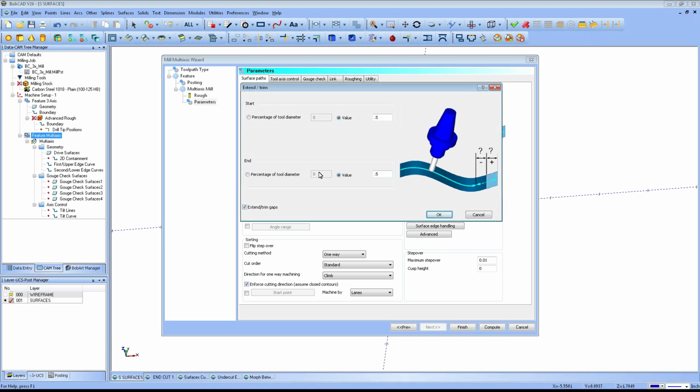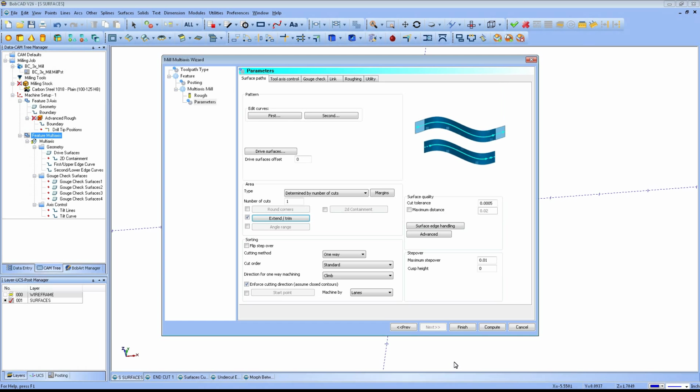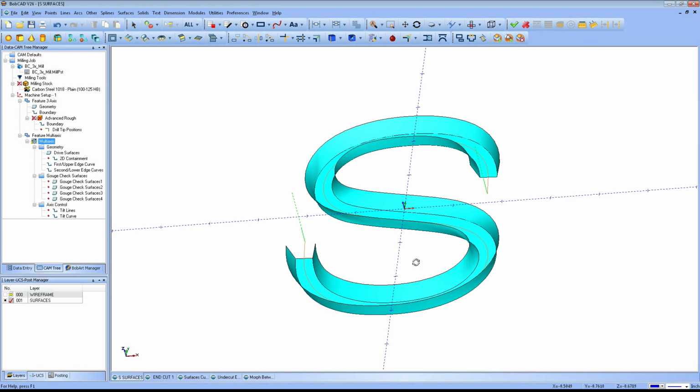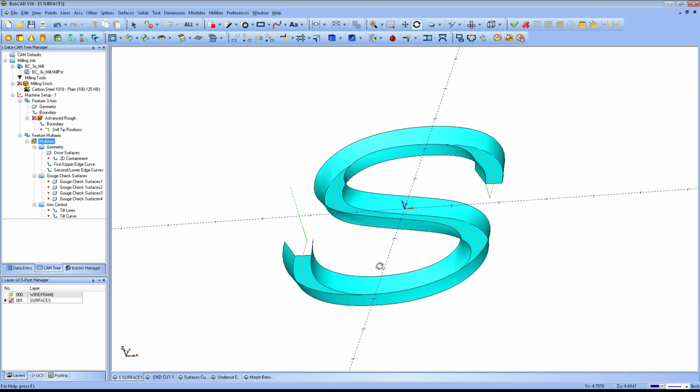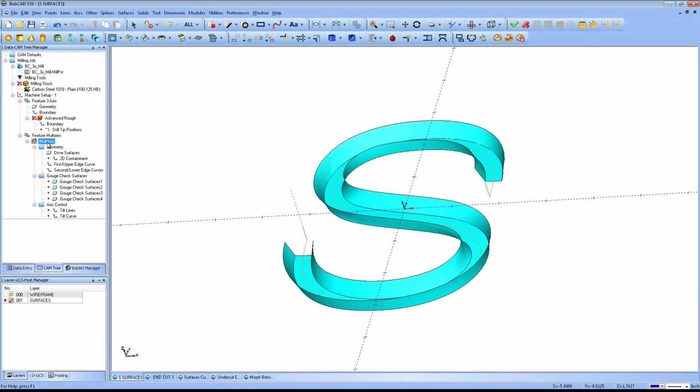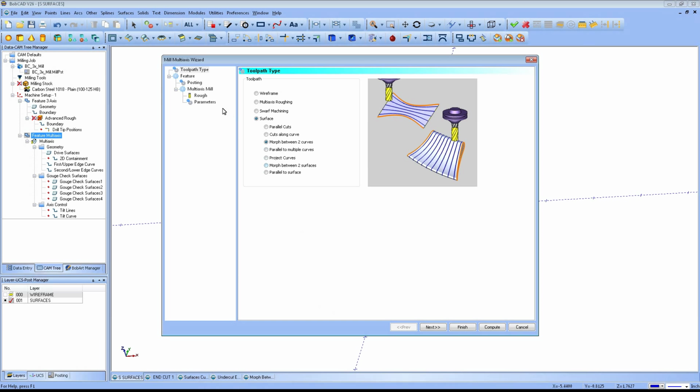You can extend it by a percentage of tool or distance. And then we'll just recompute that. And you can see how I've extended that out the side of the part. So what we can do now is we can come back into it,